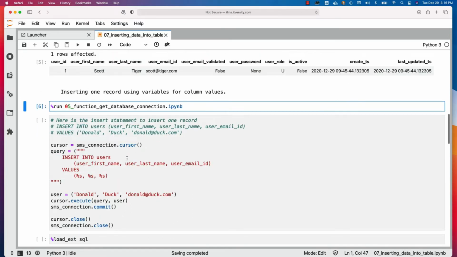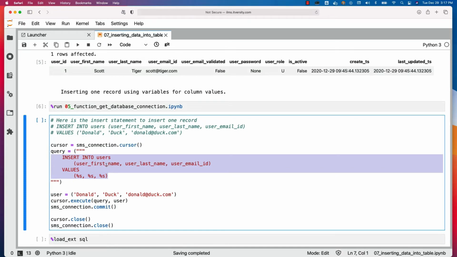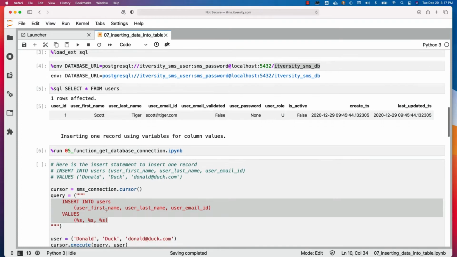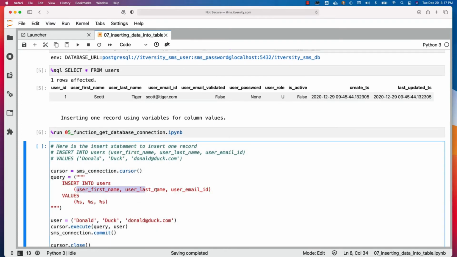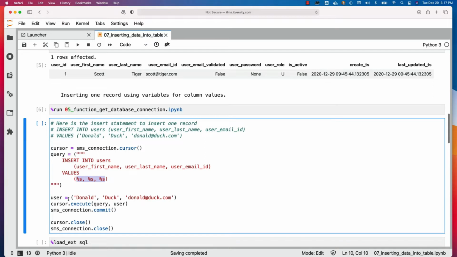Now if you look at the insert statement which is defined here, in place of hard-coded values like this, I am specifying %s. As we have 3 columns in the insert statement, in the columns clause, as part of the values clause, we have 3 placeholders using %s. Then we have to create an object. The object can be a tuple. The tuple also should have 3 values. As long as the number of values in the tuple matches the number of placeholders as well as the number of columns, it should work without any issues.